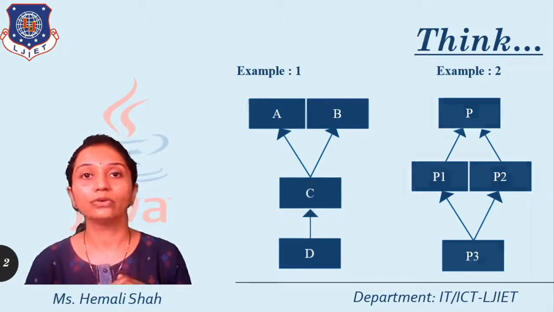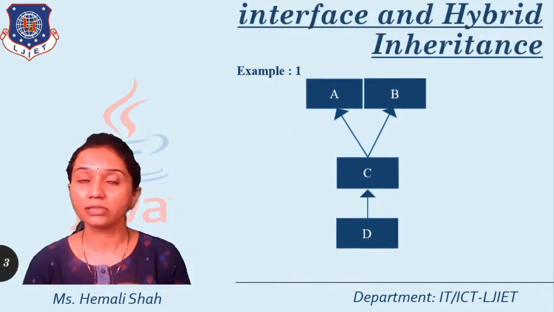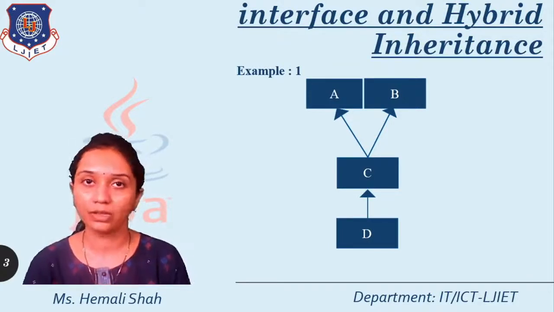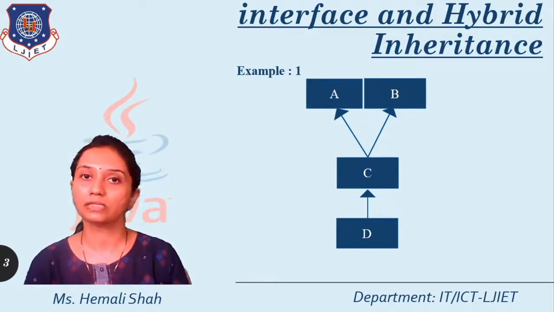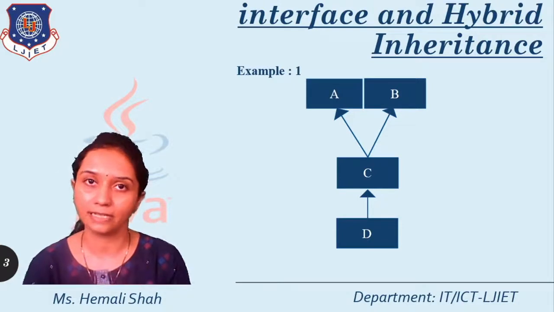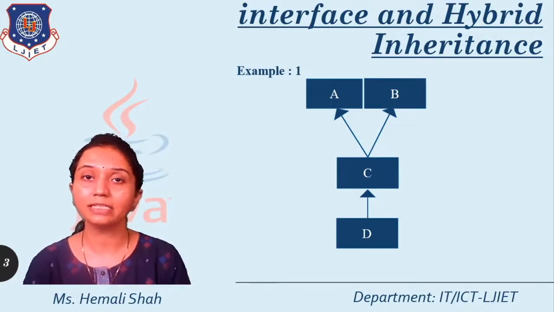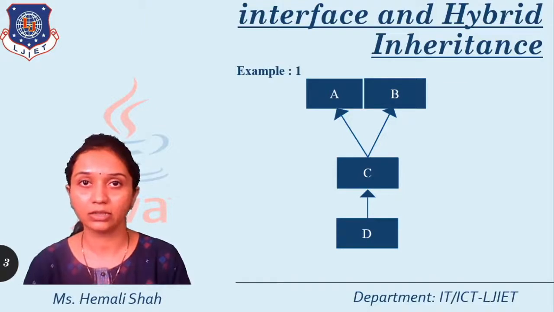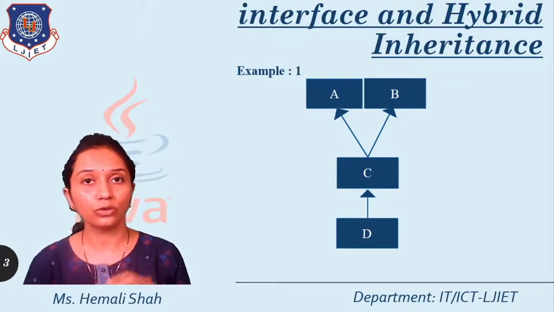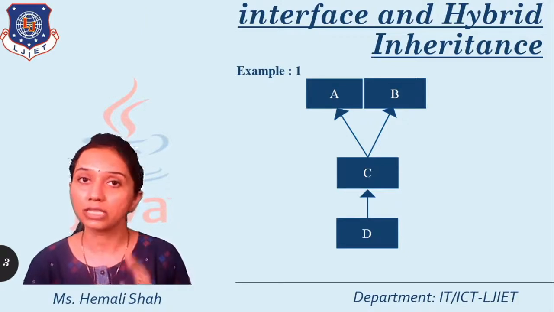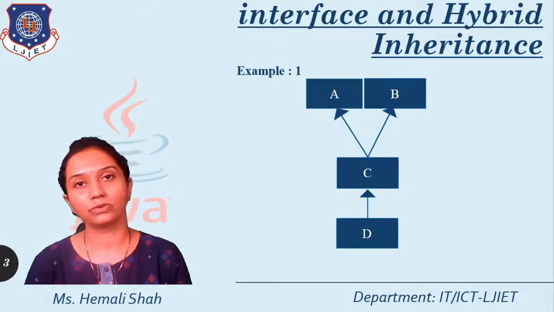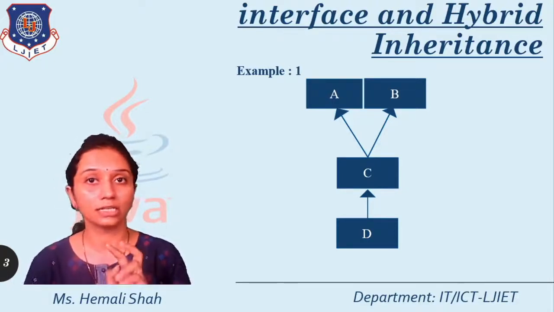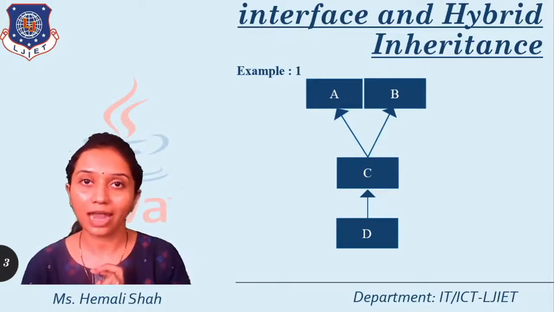Now you have to create the possible solution to implement such an inheritance concept in your program. If such a figure is given to you, where A and B both are the parents of C and D has the single parent C, then how can you implement such a combination of inheritance? What are the possible solutions? To find the solution, just keep in mind two concepts. Multiple inheritance is only possible by using the interfaces. You cannot create a class from more than one class.